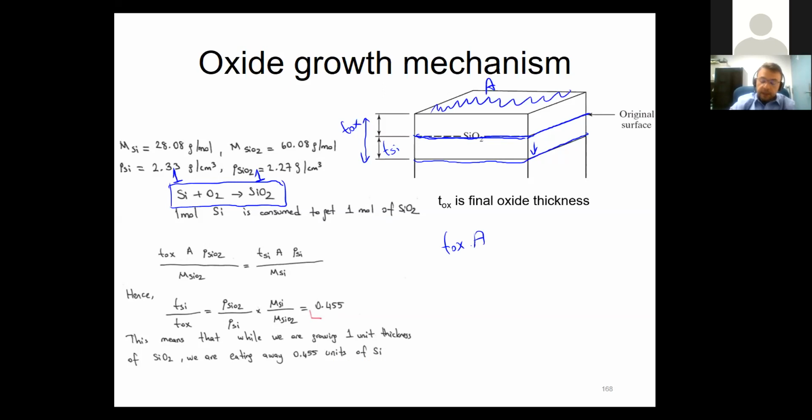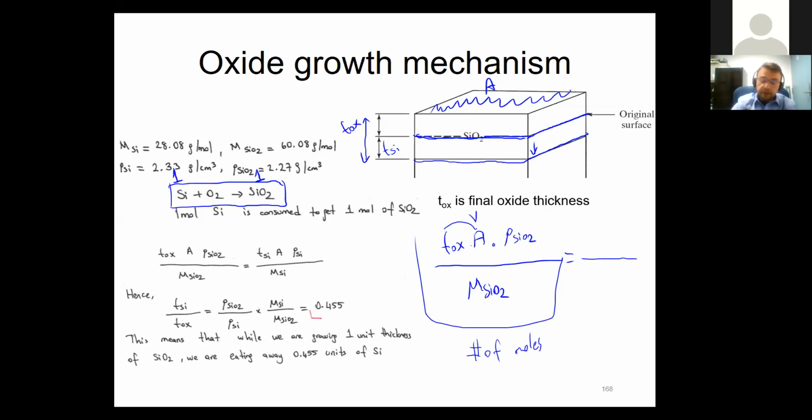And that's going to give me the volume. If I multiply that with the density of silicon dioxide, that's going to give me the total mass that has been created right now. And if I divide that by the molecular weight of the silicon dioxide, that's going to give me how many moles